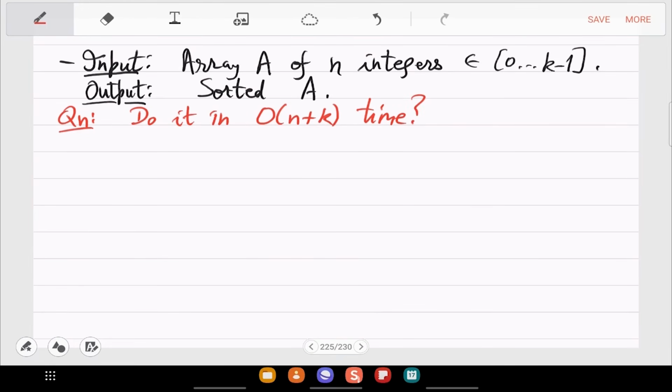Obviously if the integers are very big, then that will contribute to the time. But suppose the integers are not that big. Even if you assume integers to be maximum n in value, so you are given n integers, each has value less than n, can you sort these in linear time?